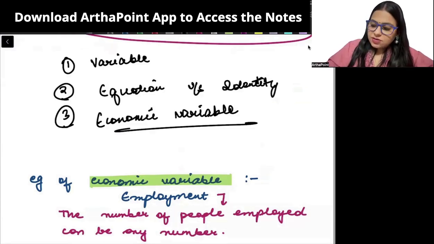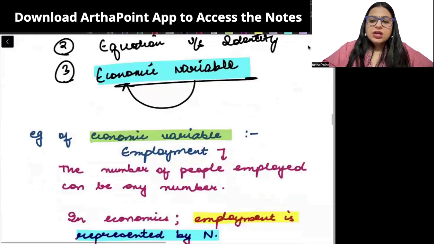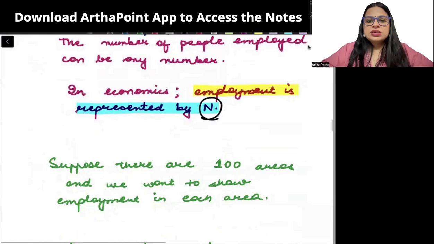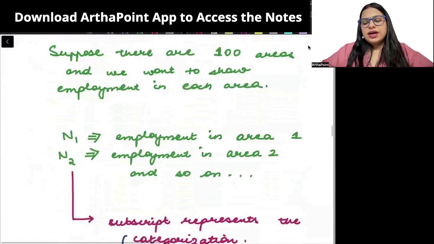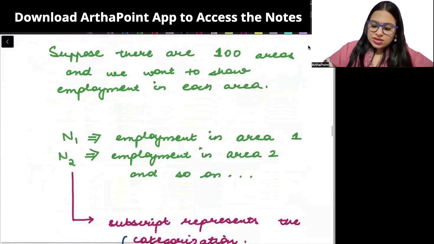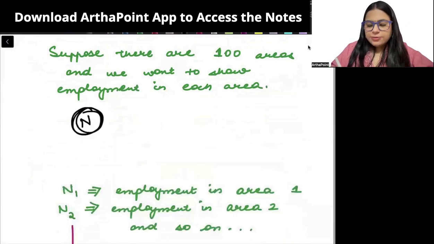So an economic variable is any variable used in the field of economics. उसको हम economics में use कर रहे हैं। This is an ideal example. Employment represented by N is an economic variable. Okay, now just try to see the categorization of economic variable. तो क्या हो गया ना कि suppose मैंने employment को represent कर दिया N से, I have represented employment by N, और अब मुझे क्या करना है,